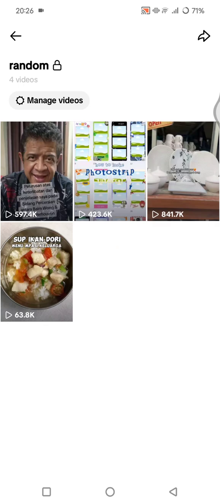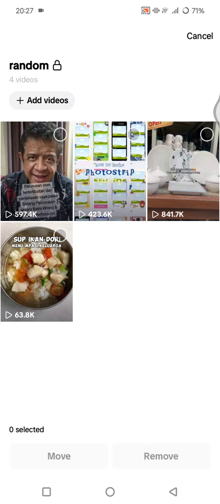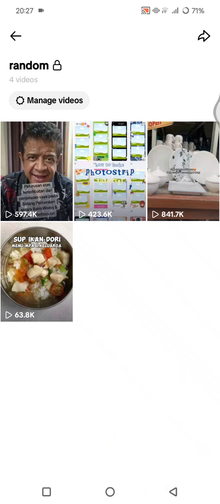As you guys can see, when you open the collection, there's no delete or remove options here. So if you want to delete, let's say, only one or two videos from the saved collection, you can just tap on manage videos and choose the videos that you want to delete and tap on remove. But then if you want to delete the entire collection, you can just tap on